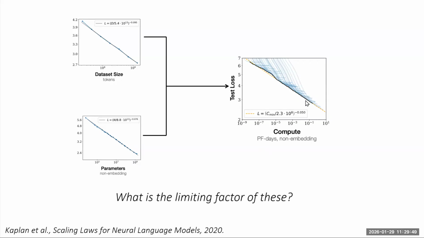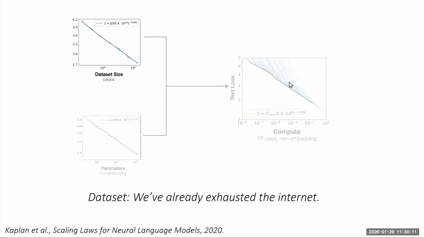Okay, that's fine. My question to you now is, what is the limiting factor of these three things? Is it data set, the model sizes, or the amount of compute that's limiting scaling language models, right? Because we are seeing a bit of a saturation in performance. I think that is fair to say. Now, the answer is actually the data set, right? We've effectively exhausted much of the high quality internet, and the high quality internet is not increasing at the same rate as the amount of tokens that our models are ingesting.